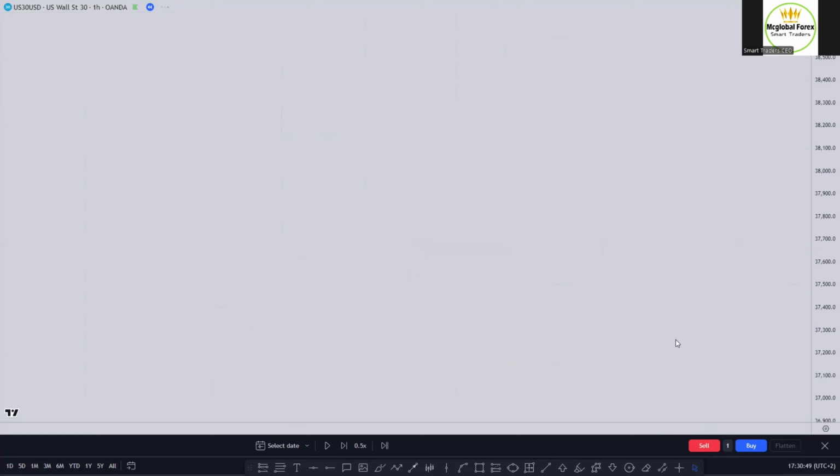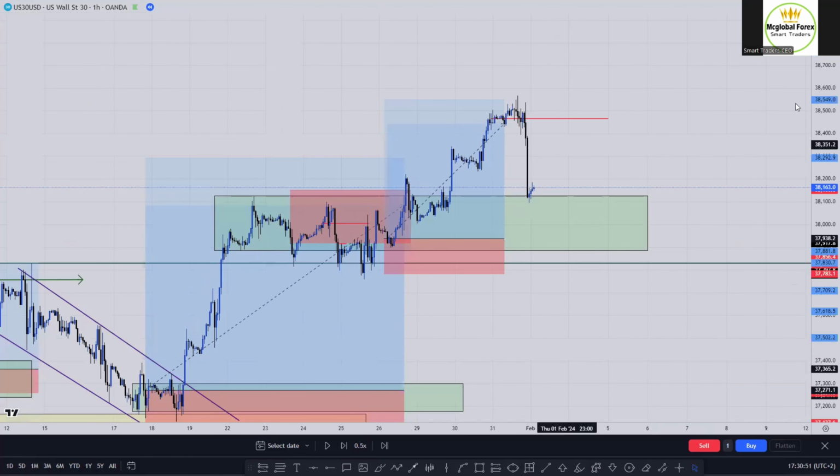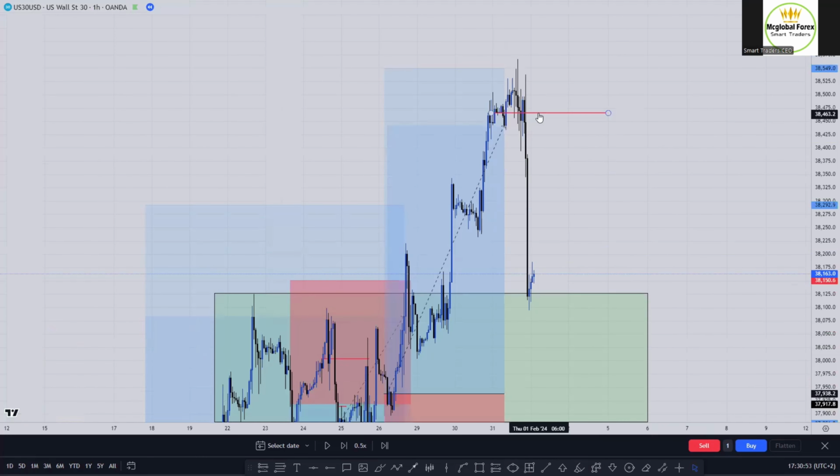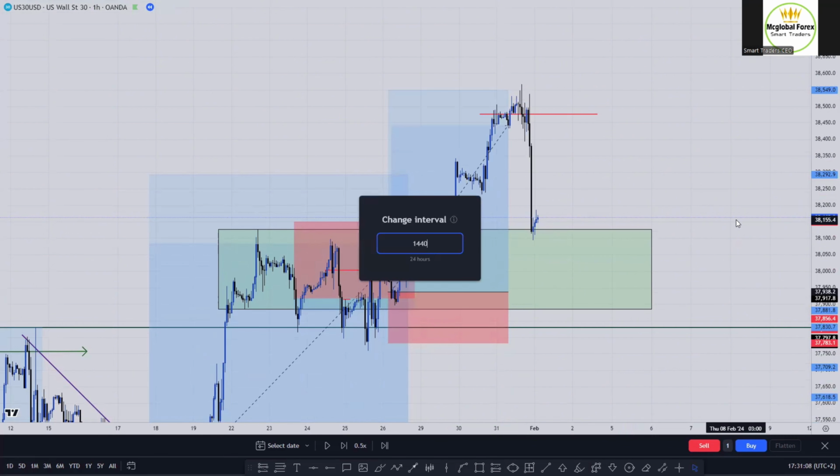You go to 1 hour, this is 1 hour structure. We have a high here, we have a low, we broke here, then we also broke here. So even if around that level you could have exited, or even just around here, you could have also exited your buys. Going back to structure, which is going back to the daily,